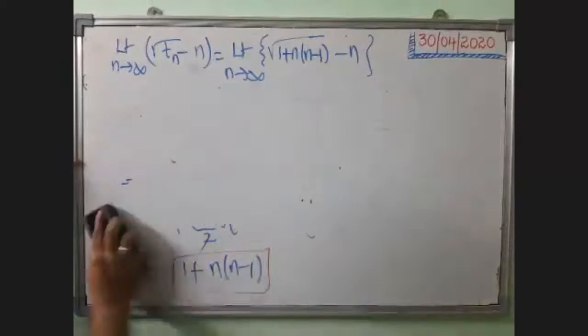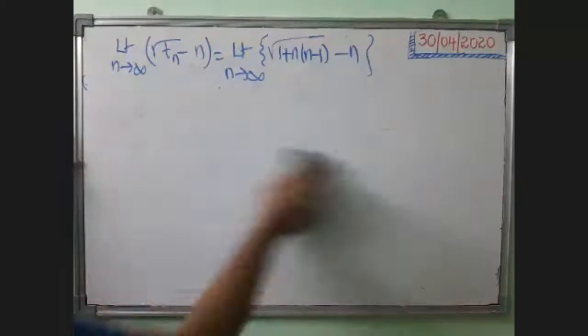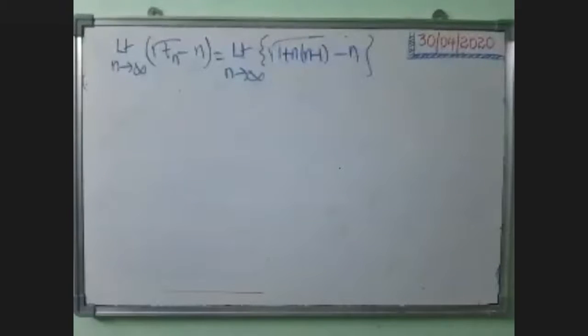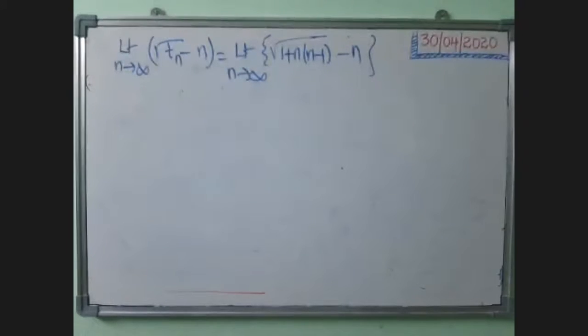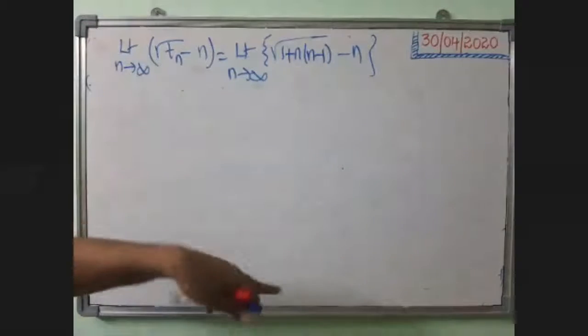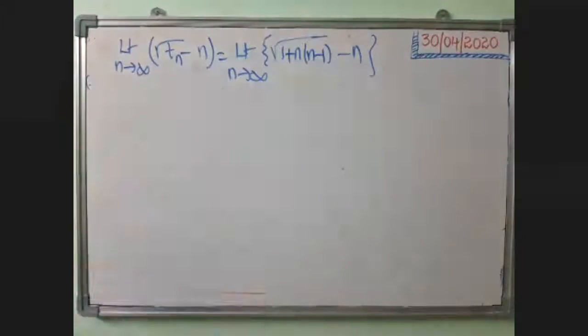Let us see what answer we get by solving it in terms of limits. If we substitute infinity here, we get infinity minus infinity, which is an indeterminate form. I have told earlier that there are totally 8 indeterminate forms. When you get indeterminate forms, you can easily solve it using different methods. And when you get infinity minus infinity, I have told you in the class that you have to either rationalize or factorize. Here there is a possibility of rationalization.